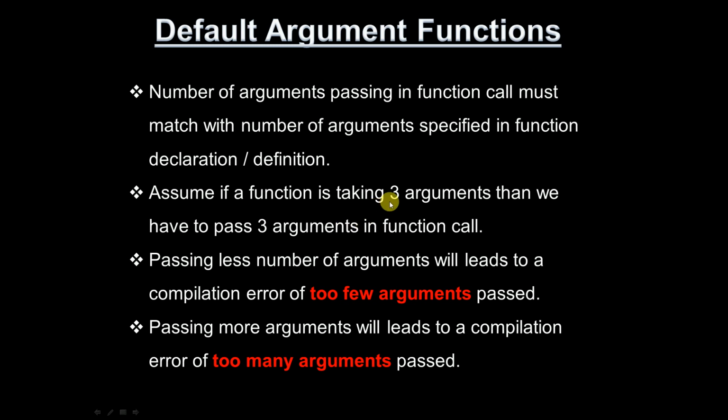For example, if the function is taking three arguments and you are passing only two arguments in the function call, then when you compile that code, it will give an error saying you are passing too few arguments, and there is no match for the function with two arguments. It should match the prototype declaration or definition of the function. The same number of arguments you have declared in the function signature you have to give, and in the same order in the function call. If you pass more than the required arguments, you will get an error: too many arguments. These are the key points you have to remember.